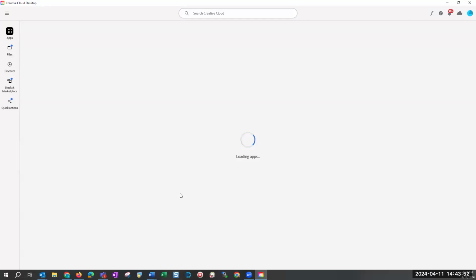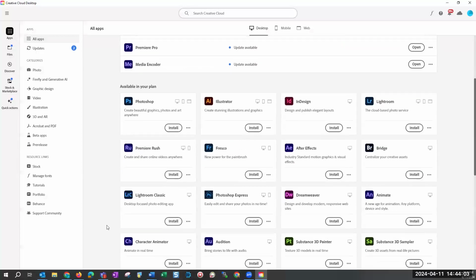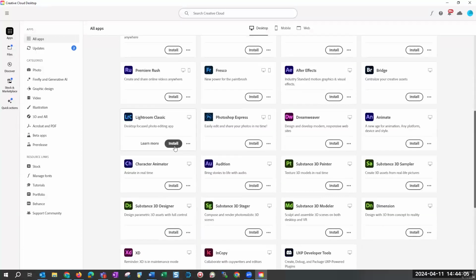So if you are working on a computer that is never signed into Adobe Creative Cloud, it may take a little bit longer. Then it will come up, and to install any of these apps, you just click on install. And that's it.